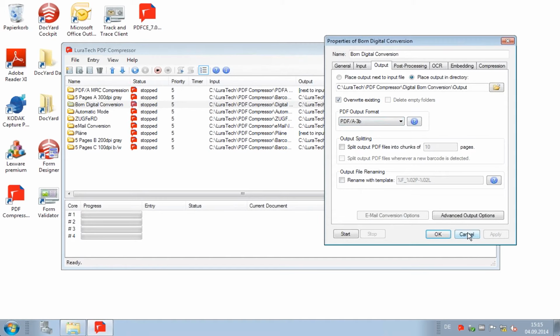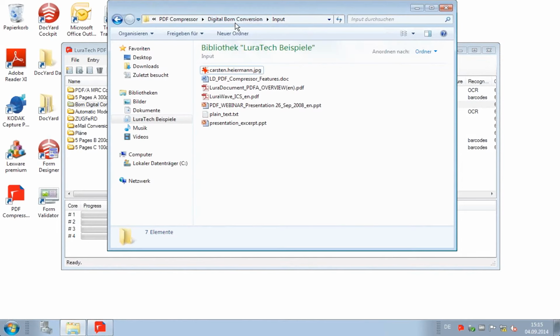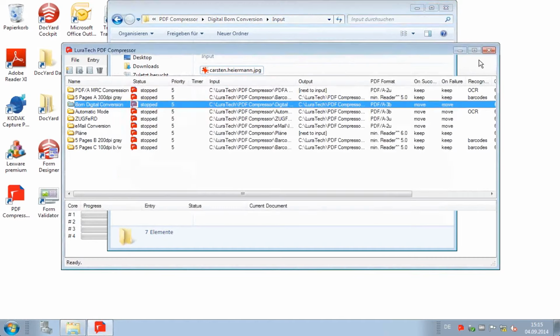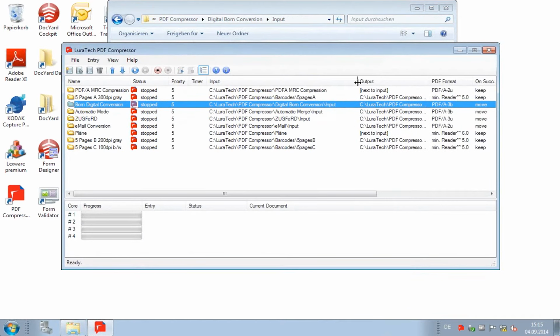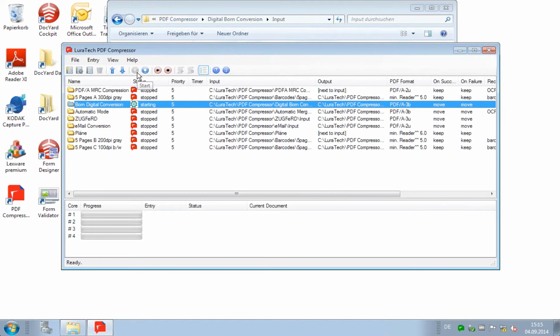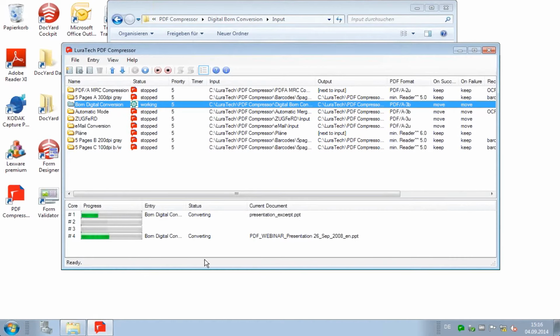Warm-up job, I'd say, just really to get it going and understand a little bit. So this is the folder, PDF Compressor, Born Digital Conversion input folder. It's exactly the one we have here. Input, and now I'm just really starting the job. And the job again is set up to move away the successfully or erroneous processed files from the input folder. So what we see is this one starts to empty, and once it's done, using multi-core processing here,